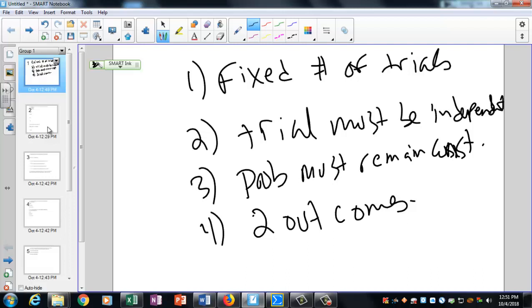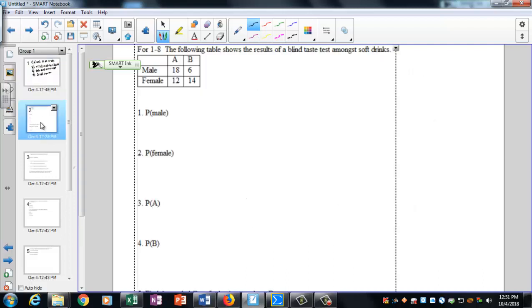All right? When you flip that, you're going to go to page 2. Page 2 is general probability questions. All right? General probability questions. And I'll tell you which ones of these I consider to be general probability questions. Page 3 is going to be a chart that looks very similar to this. Now, I might give you the chart the way I did here on this screen, or I would write it